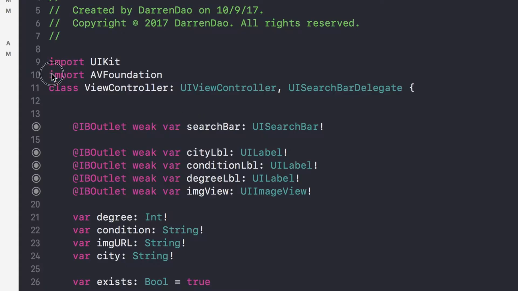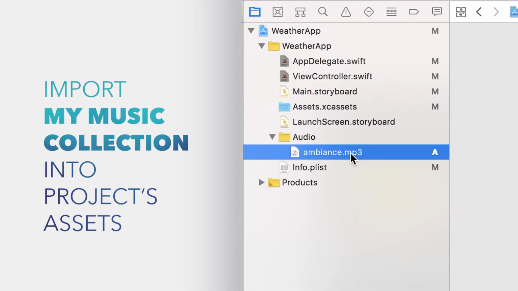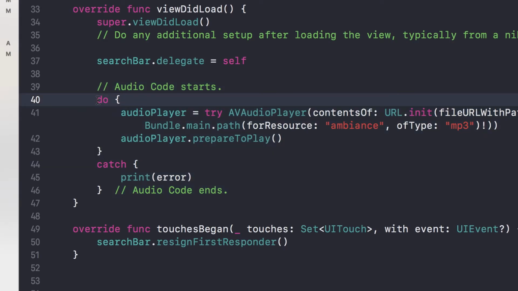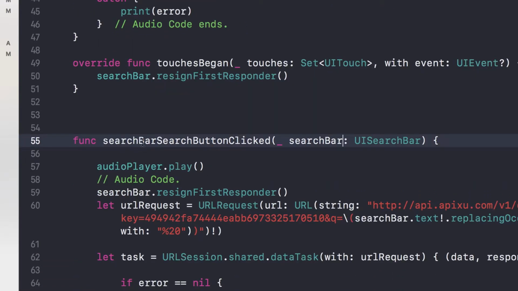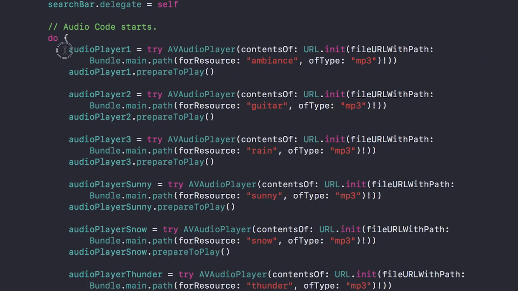One of the main features of my apps is audio and music, so I have to import AV Foundation at first, to enable the use of music, and then I'm going to import my music into my music assets. And here you can see I also use the do try catch that I mentioned before, to call out my music from the library access. After getting the sound, all I have to do is, after the user enters the search button, I'm going to play it